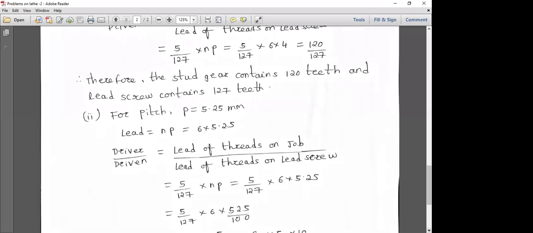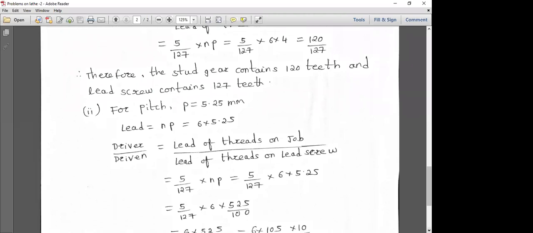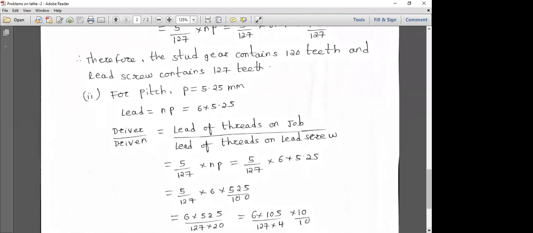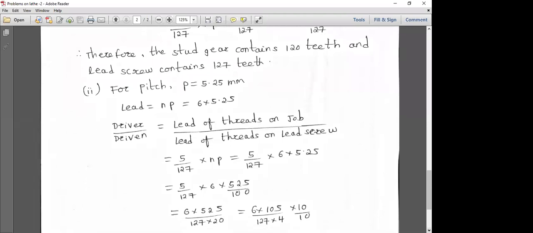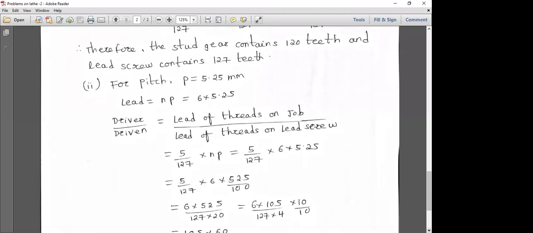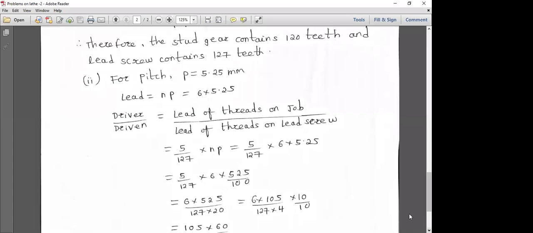So you just try to rewrite that 5.25 as 525 by 100, simply in the next step. So it will be 5 by 127 into 6 into 525 by 100. So rearrange the terms, and 5 by 20. 5, you just try to strike out 5. Here will be 120. So it is 6 into the